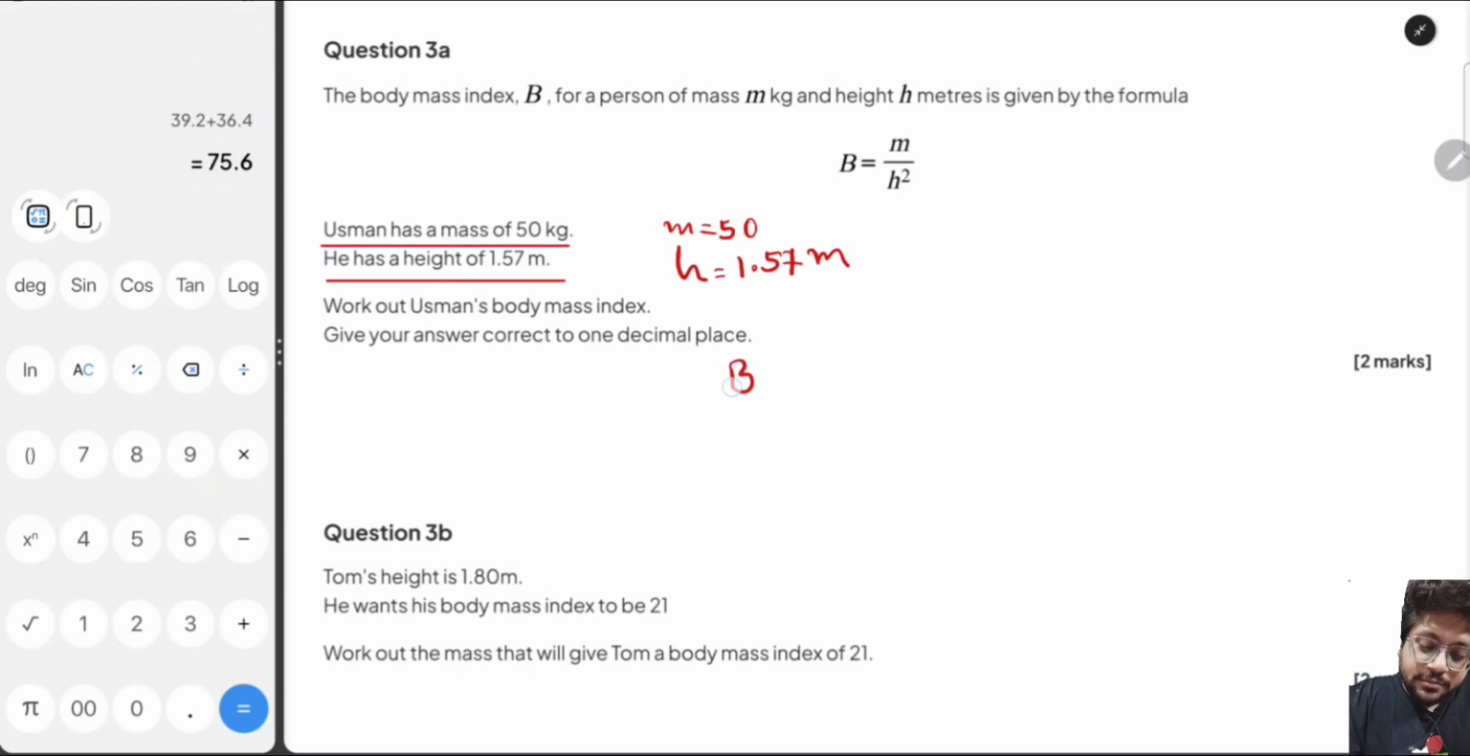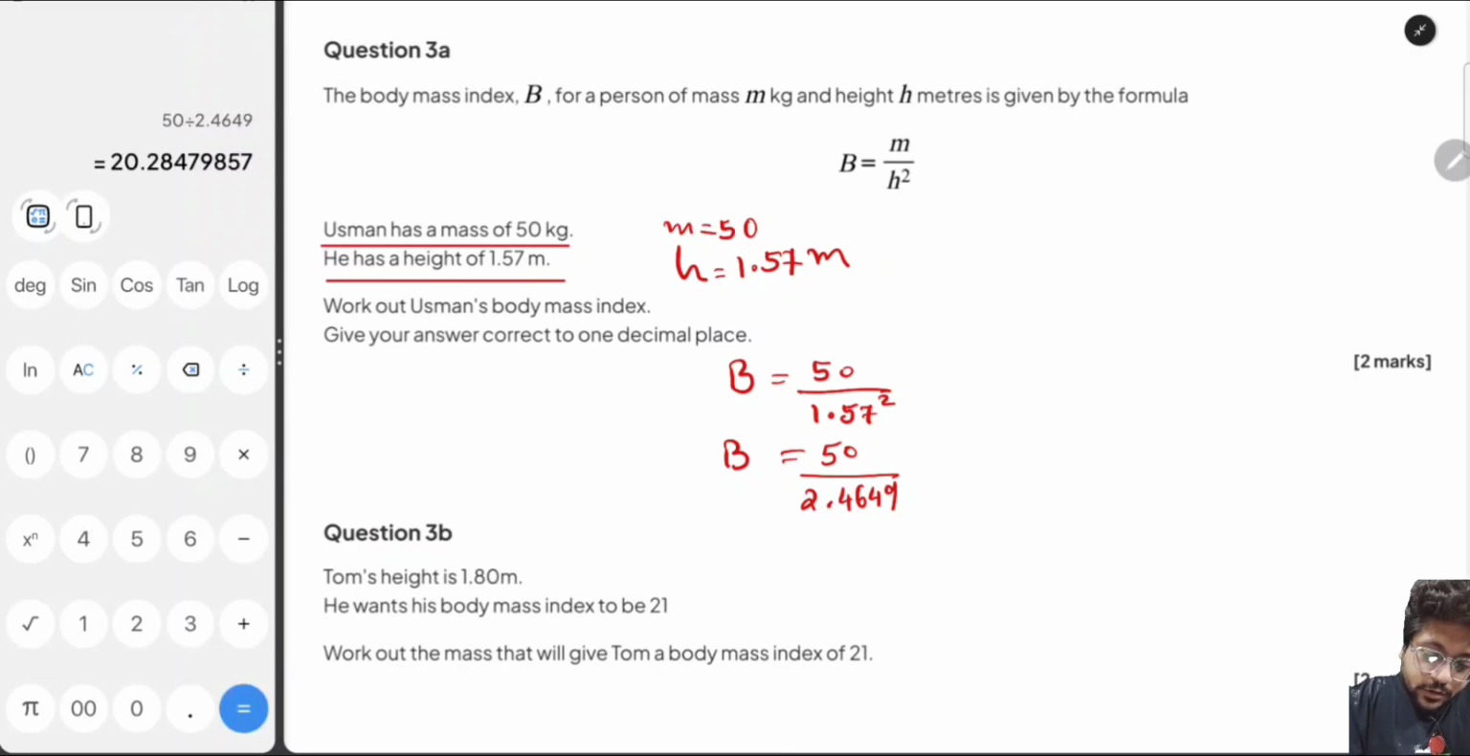So let's do that. B is equal to m, m is 50, upon h square, which is 1.57 square. So what is 1.57 square? That is 2.4649. 50 divided by 2.4649. So the answer is B is equal to